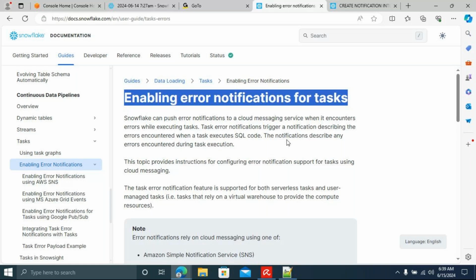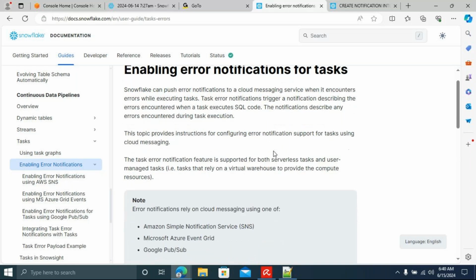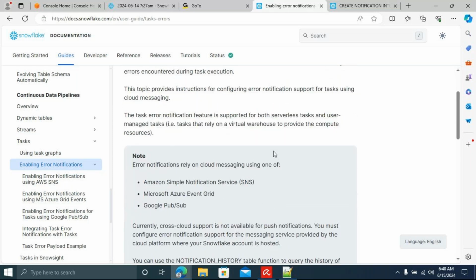In order to send error notifications to the support people, we have to enable error notification for the task. We can achieve this in three different ways, since we have three different clouds. One is Amazon Simple Notification Service, a cloud messaging service. You can send emails, SMS, or send the message straight from SNS to Lambda. You can publish your messages to the Simple Notification Service.